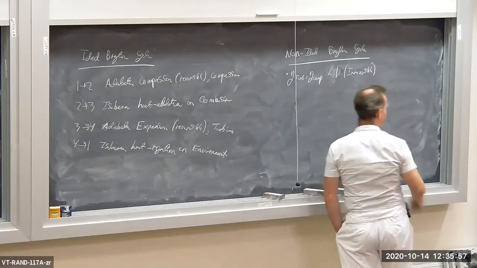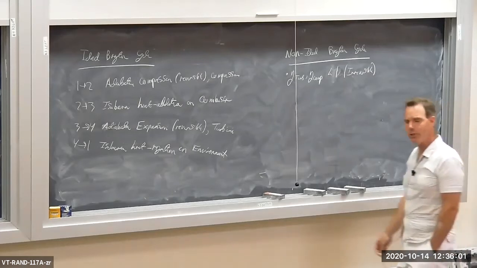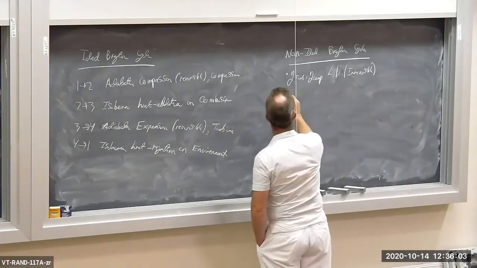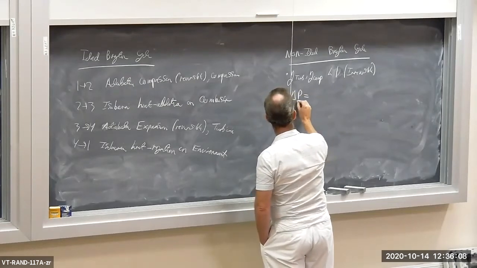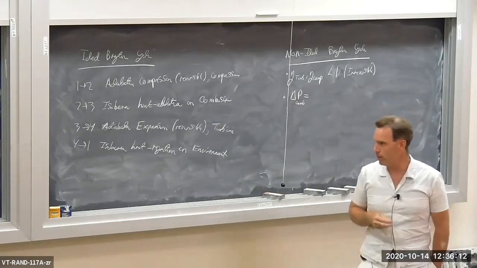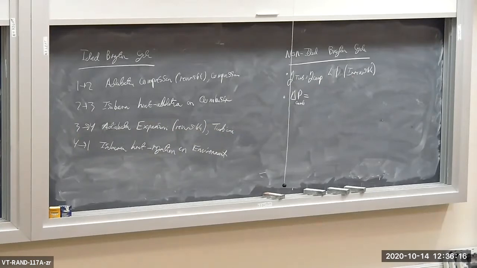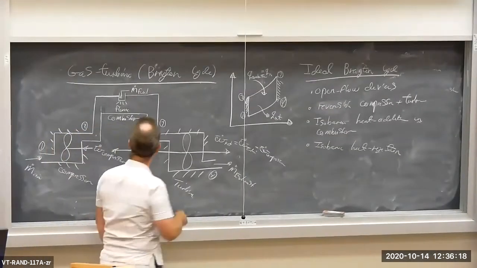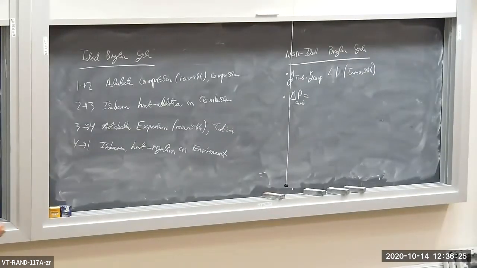We might have irreversible turbine and compressor operation. We also may have pressure drops across the combustor. Could be a delta P across the combustor, delta P COMB. The combustion in the combustor occurs from state 2 to state 3, the heat addition in the combustor. So there might be a delta P,